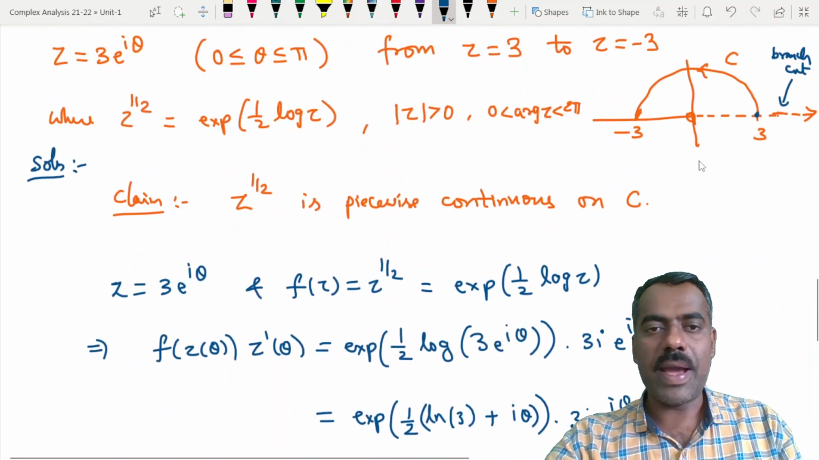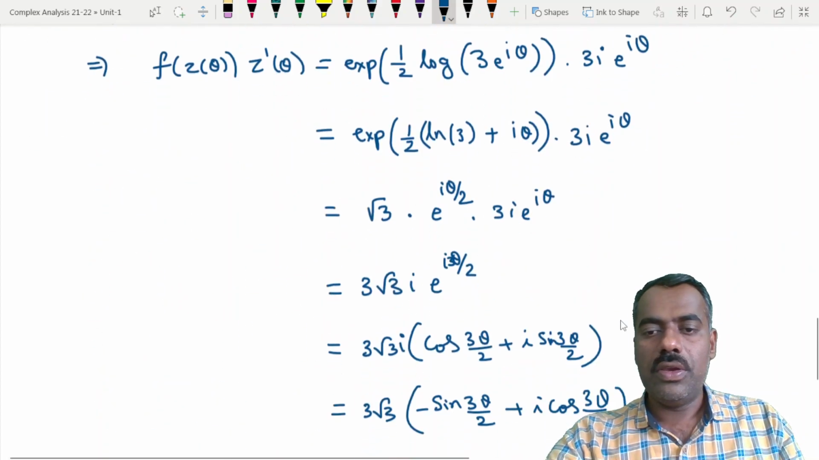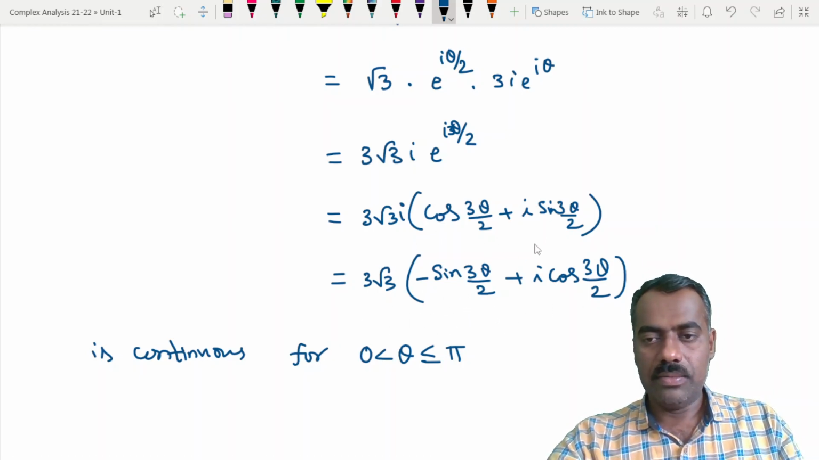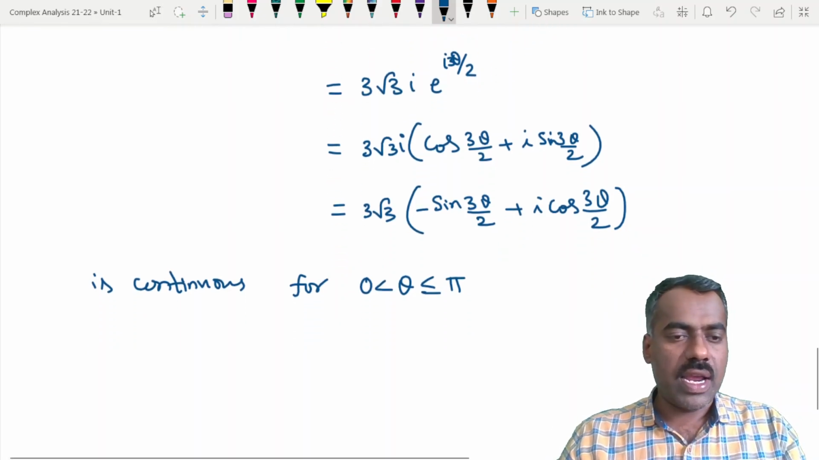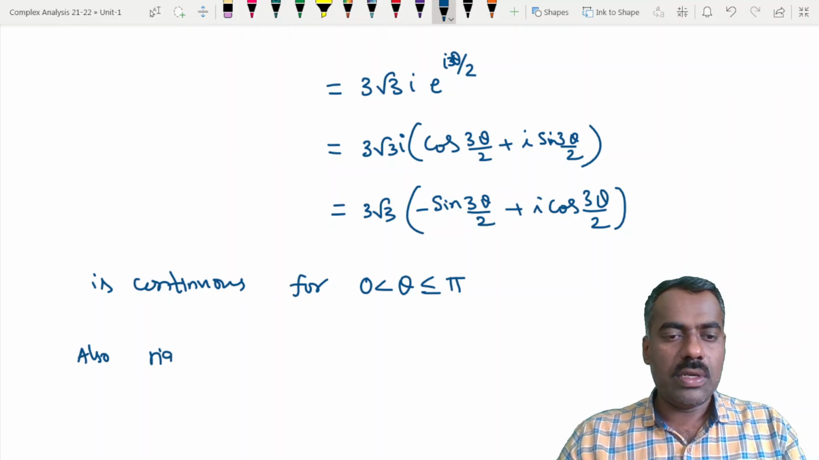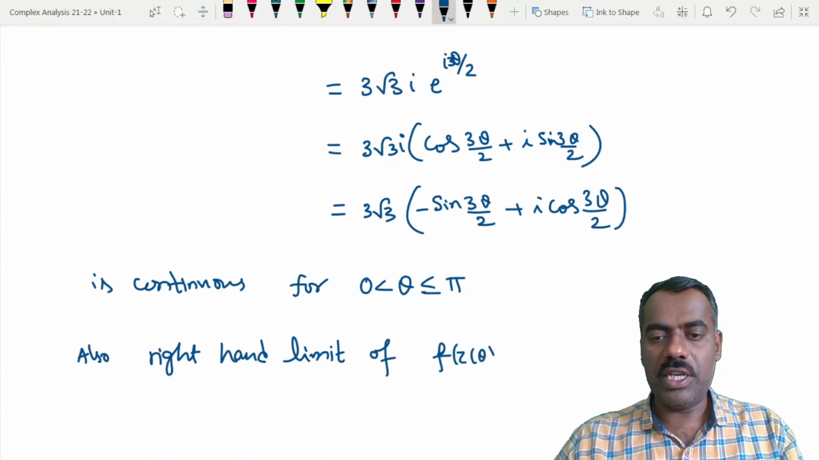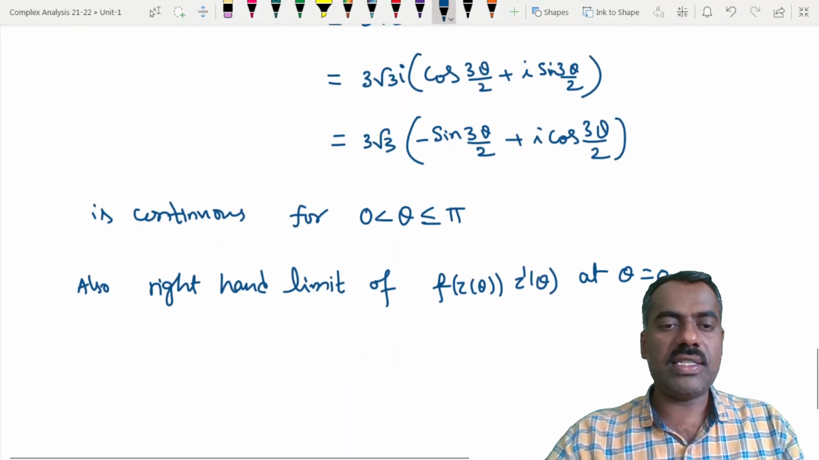Okay, 0 and pi, but the only problem is when theta is equal to 0, that means at z is equal to 3, you can check the right hand limits of this real part and imaginary part. When theta is equal to 0, this real part limit is 0, and the imaginary part limit when theta is equal to 0 is 1. So then this constant is there, which is 3 root 3. Okay, so therefore, also the right hand limit of this f of z of theta into z dash of theta at theta is equal to 0 exists,